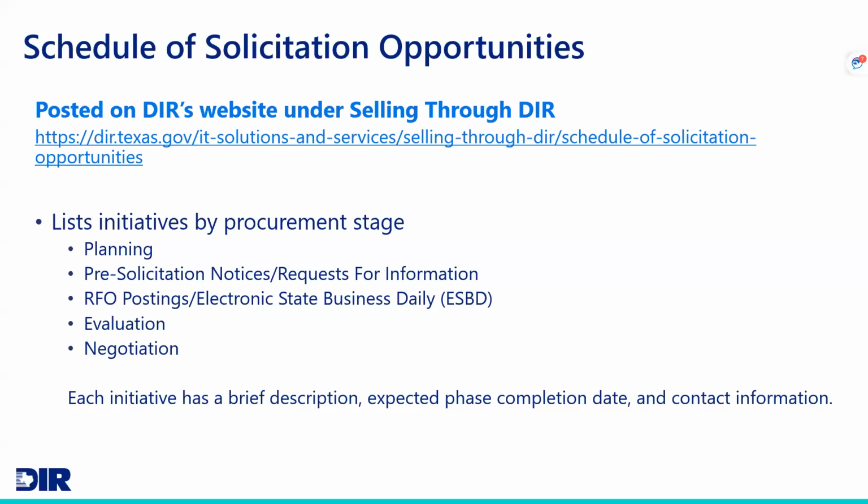But yes, you are correct that we're trying to do auto renewals because they're quicker. We still have to do all the compliance checks to do the renewal. Don't get that wrong. We have to do that by statute, and if we don't do those, that's an audit finding. So yes, we are trying to do more auto renewals, but it's going to depend on the compliance checks on whether we can do an auto renewal or not.